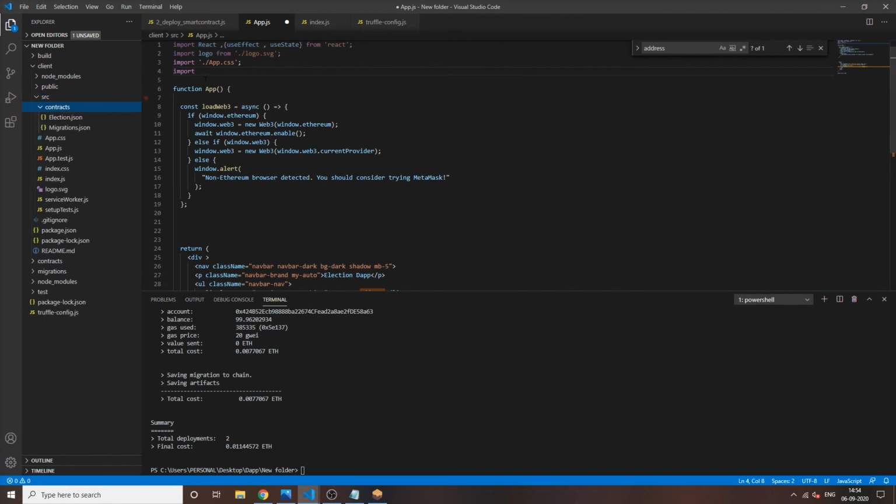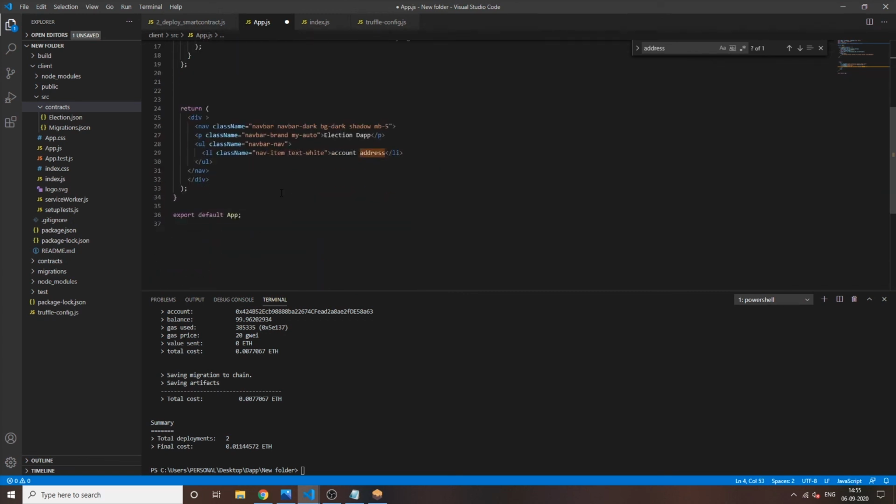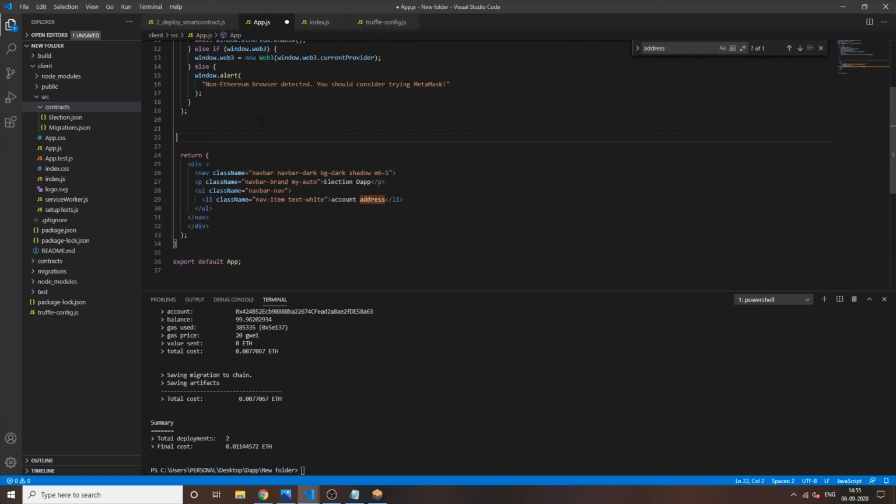Like we want to interact with the election ABI, so let us give the name election ABI, and we go one folder down to contracts, and then election.json. So we have defined the path for it.